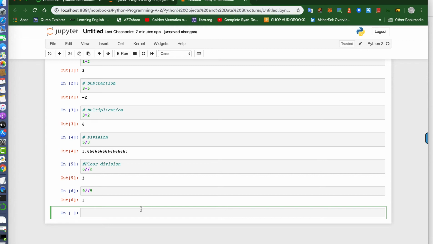Basically, the reason we get this result is because we are using the floor division. These double, two forward slashes, operation truncates the decimal without rounding and returns an integer result. So if we want to get the remainder from the division,